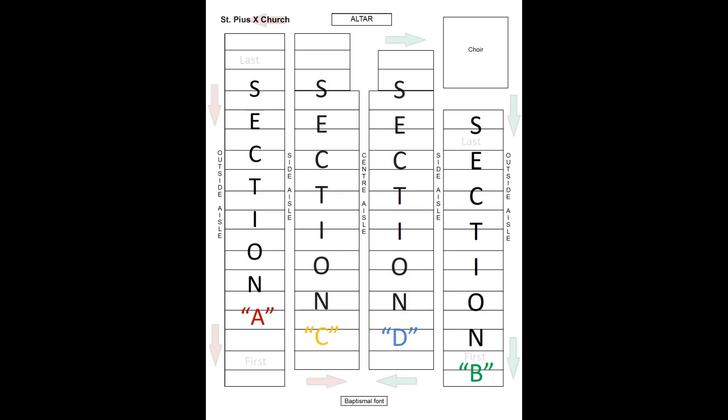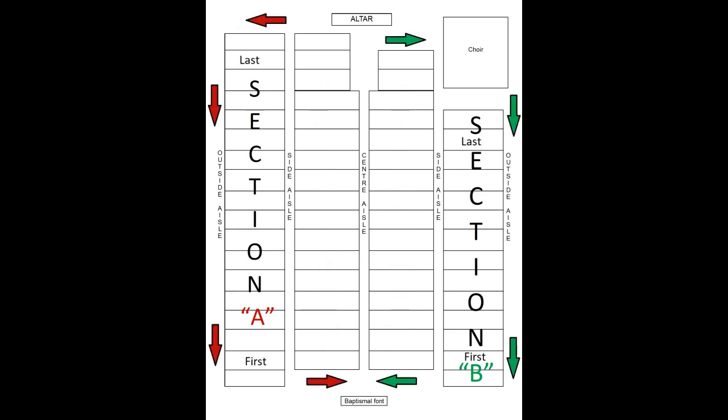When communion begins, Sections A and B will both stand and, beginning from the back of the church, will make their way towards the center aisle. If you notice the arrows, you will see that they will head directly towards each other, meeting up near the center of the center aisle. Using an alternating or zipper pattern, these 2 sections will head forward, receive communion from the 2 ministers, and return